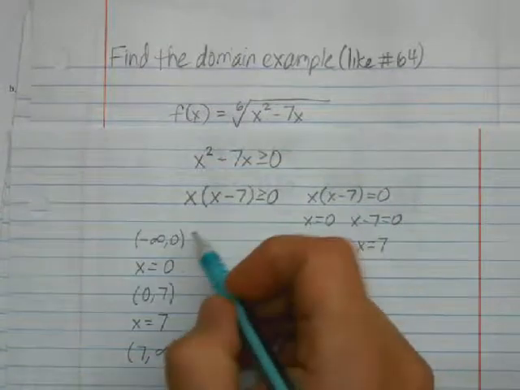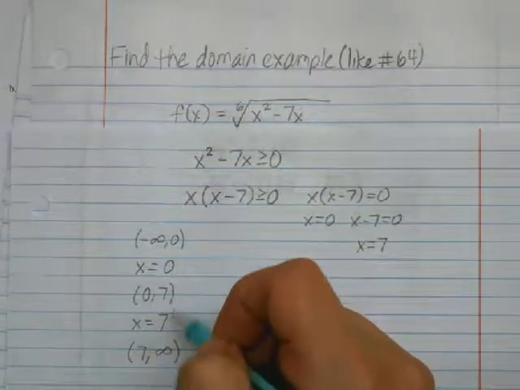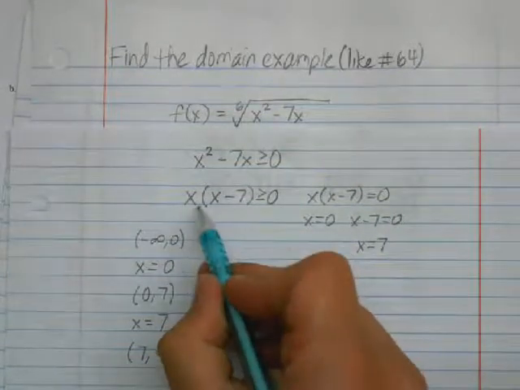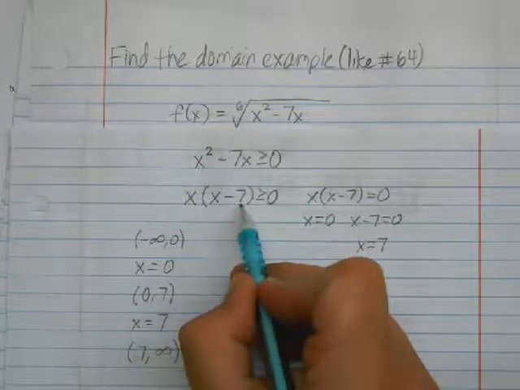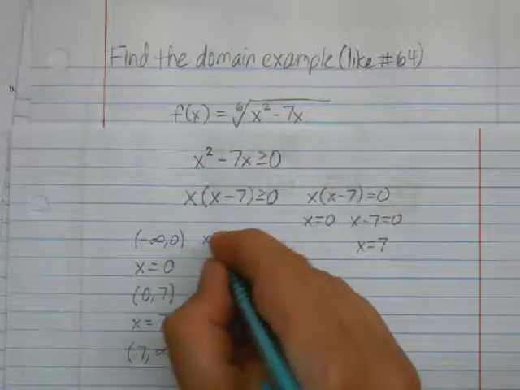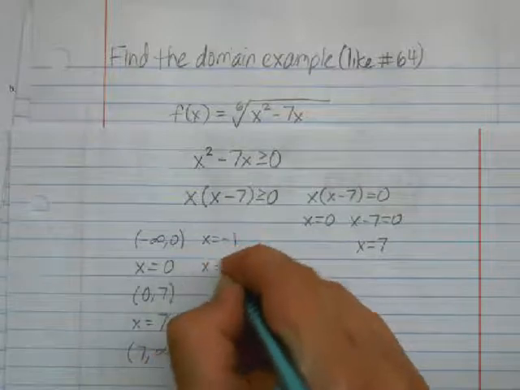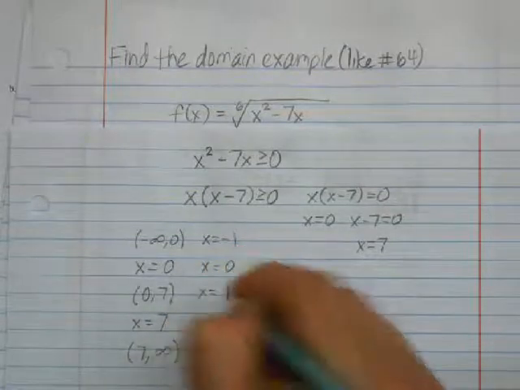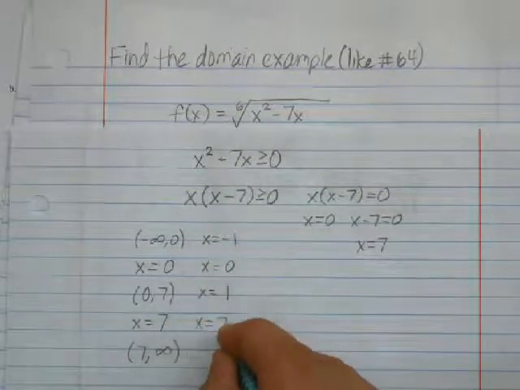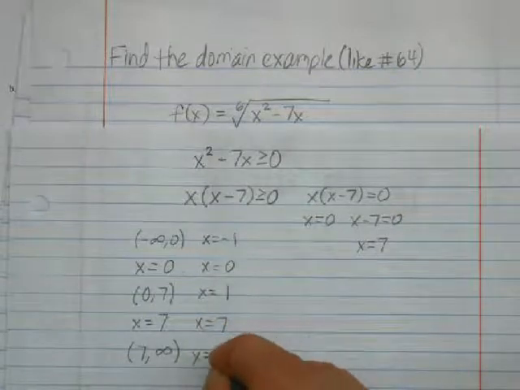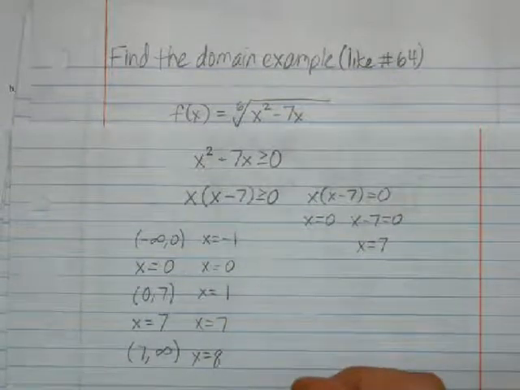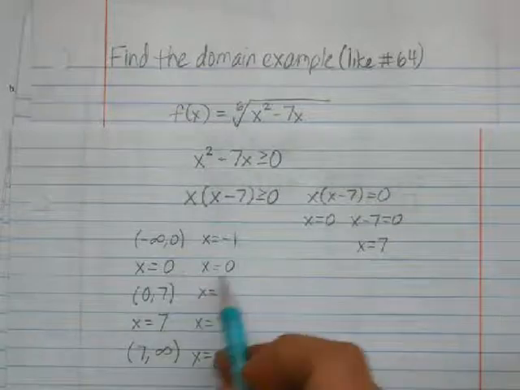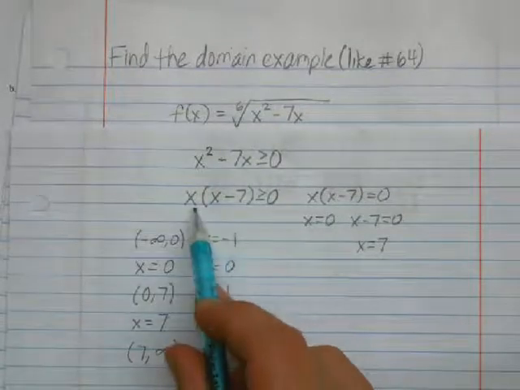So for these intervals, we're going to go ahead and pick a number in the interval and see whether this product is positive or negative. So I'll pick -1. I'll pick 1 for the middle interval. And I'll pick 8 for the last interval. So plugging this in for x,